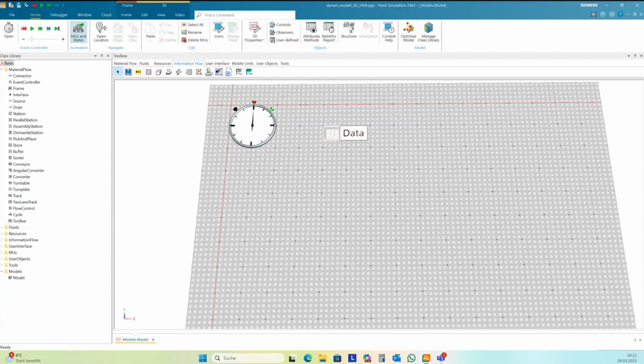And for creation, we need a method. I name it create objects.